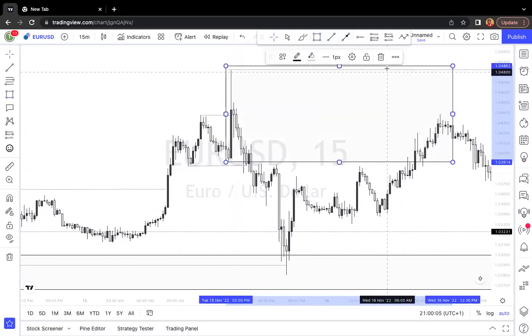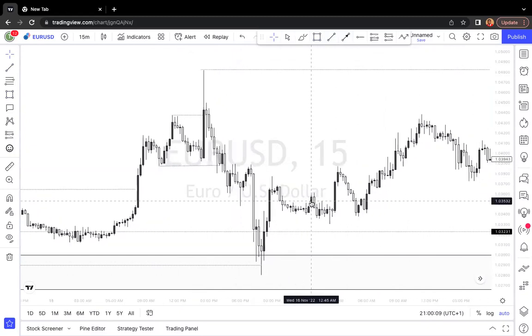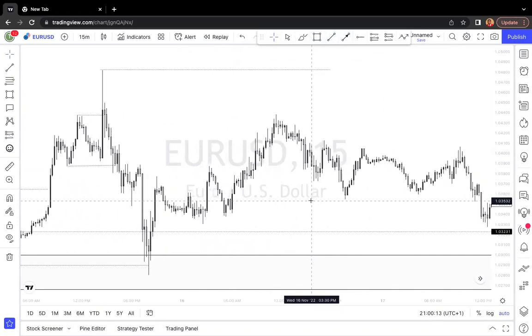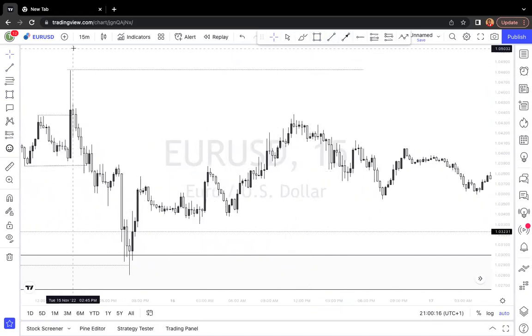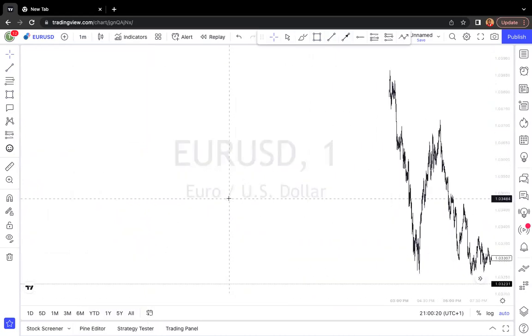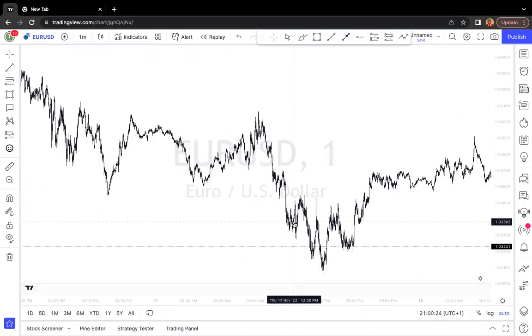Okay, so I'll be careful inside of this range. I should have taken partial and broken even on my first entry, my first position. Then I will now be concerned about the price play inside of this range. So let's drop down to the 1 minute time frame so we can see better details of the story inside of this area. All we are trying to see is the delivery of internal to external or of external to internal, right?